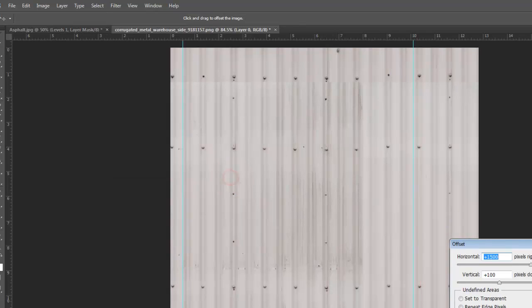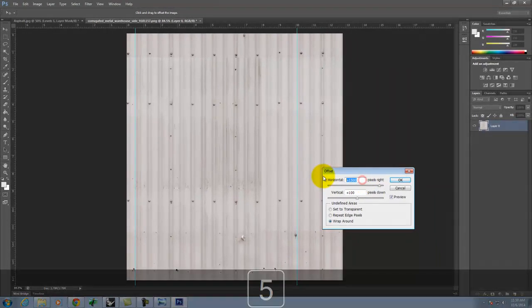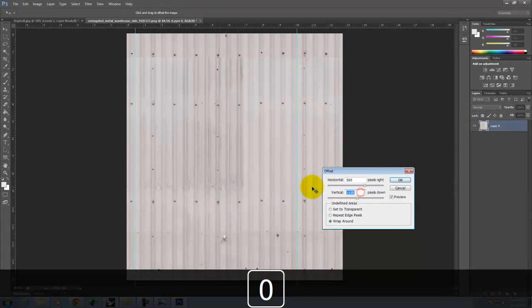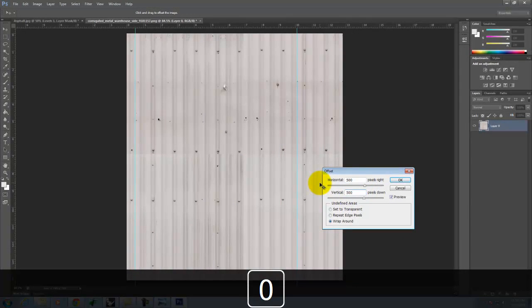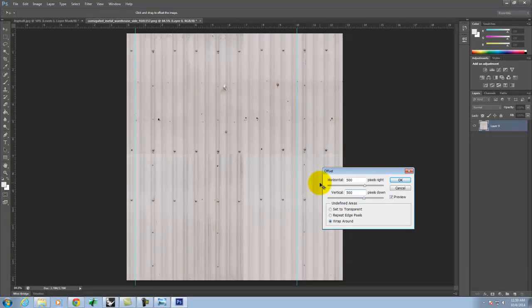So I'm going to use the offset command, and I'm going to pick half my value. I knew that when I downloaded this it was about 1,000 by 1,000, so we'll do about 500 by about 500. And what this does is it takes the image